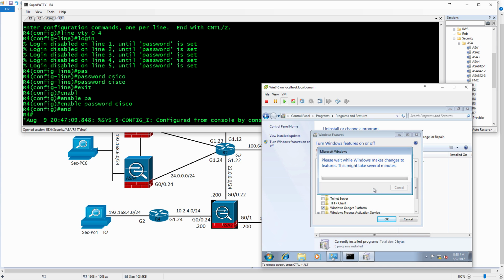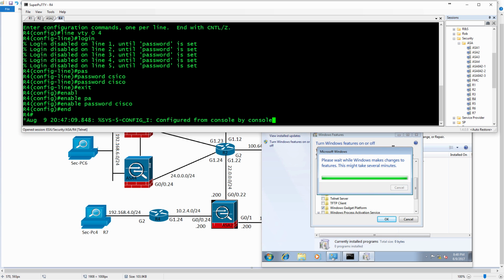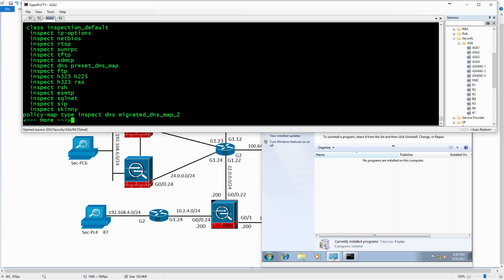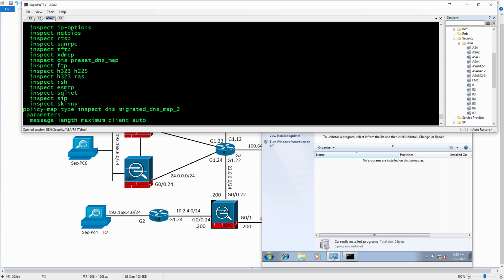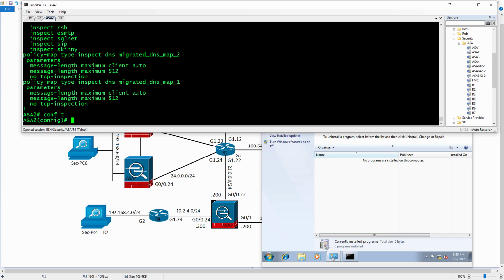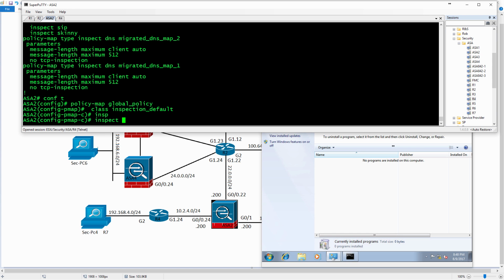And because I can reach it via ping, which means I have layer 3 reachability, I'm going to go ahead and take that to the next level. Oh, you know what? I know why it didn't work with the default route, because that's my fault. I don't know if I'm inspecting ICMP on ASA2 for one. We do a show run policy map. I am not inspecting ICMP. So that's one of the problems. So let me go ahead and do that real quick. Go to global config, inspect ICMP,